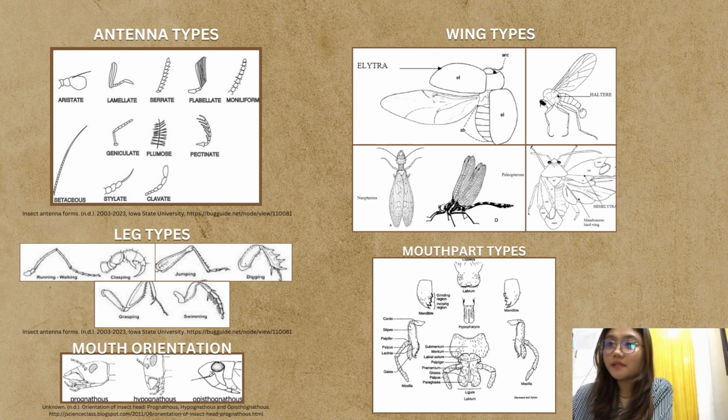And for the leg types, cursorial, which is used for walking and running, and some textbooks distinguish the two by calling walking legs ambulatory or gressorial, but the leg structure is basically the same. The raptorial, which is the forelegs modified for grasping, and for the fossorial, the forelegs are tibiae specialized for digging, and for the saltatorial, which is the hindlegs adapted for jumping, and for the natatorial, the fore or